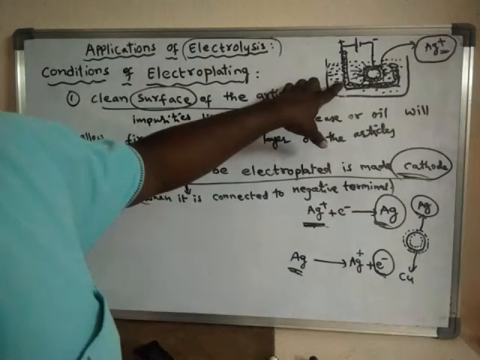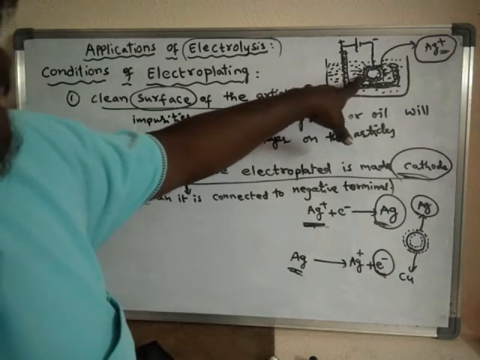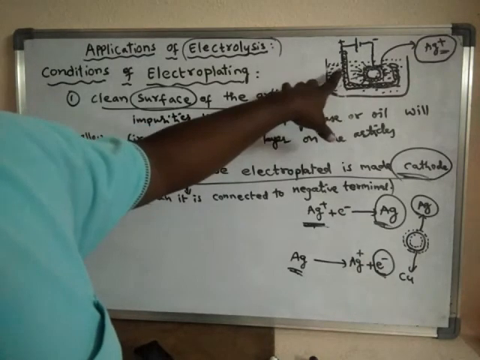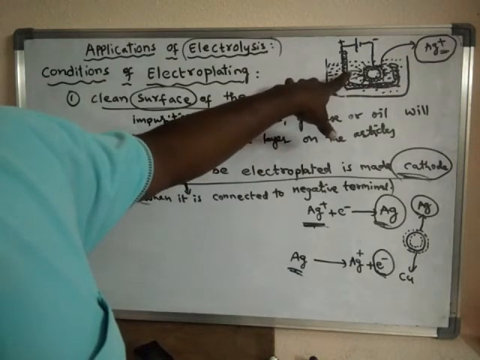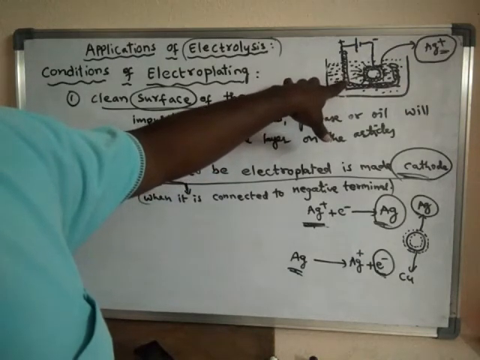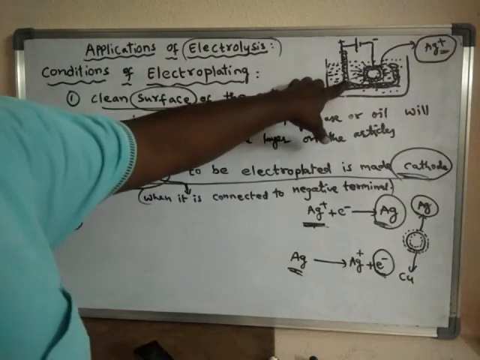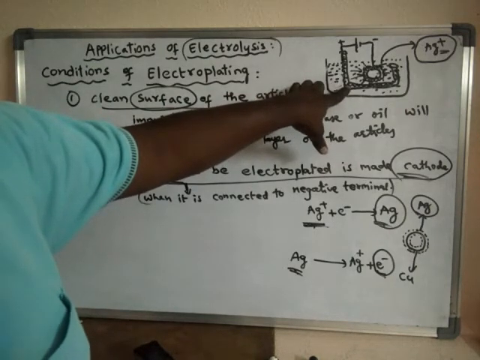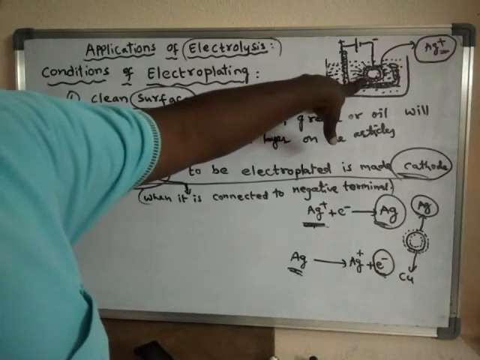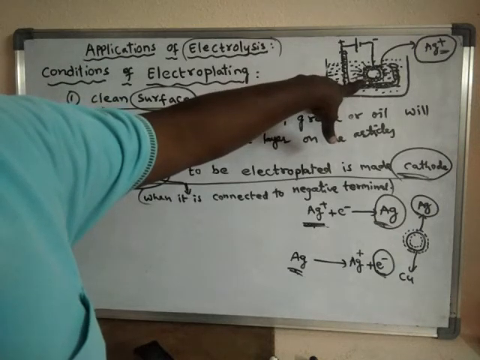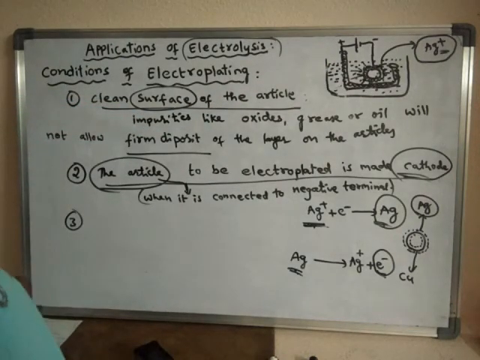In this way, the solution will get silver ions. Before that, the solution had lost its silver ions to the cathode. Now silver ions will enter into the solution from the anode. Like this, the silver ions will enter into the solution from the anode, and those silver ions will get deposited on the cathode in the form of silver metal. So in this way, the solution gets silver ions from the anode. So that is why the third condition is